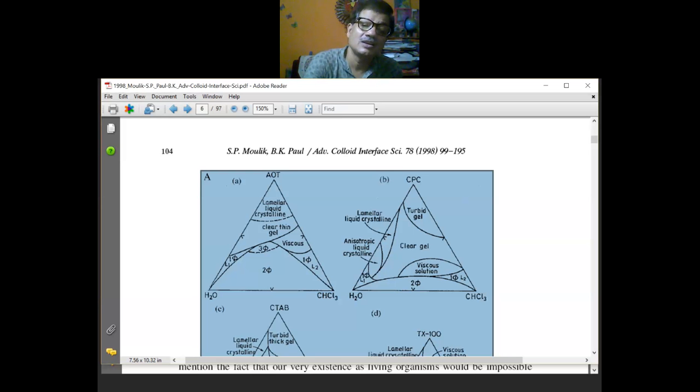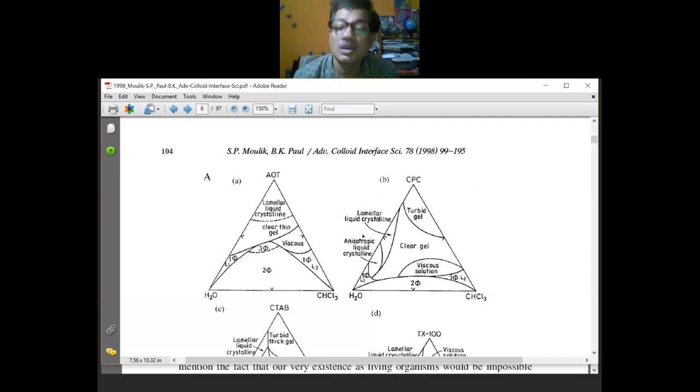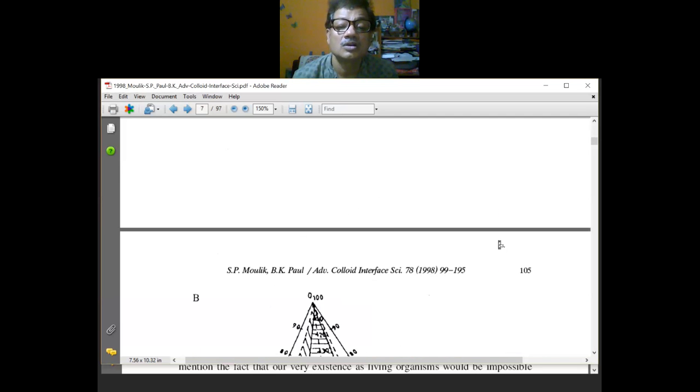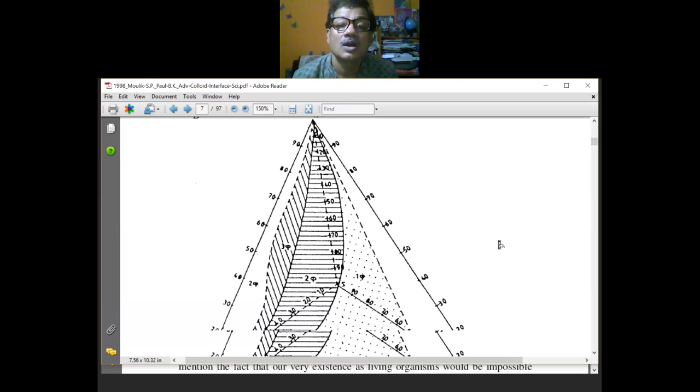On the other hand, here the L1, again it is 1,5, meaning a single phase. That means it is a clear solution, where here it is water rich zone. So here you see water is the continuous medium. Here oil is dispersed in water. So you see this is oil in water emulsion. Let me quickly go to the diagram in detail where I will show you.